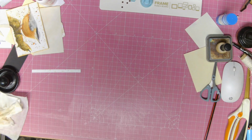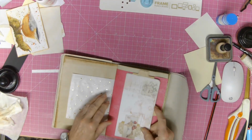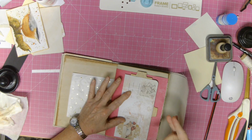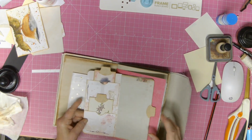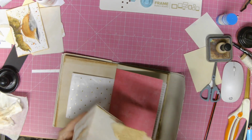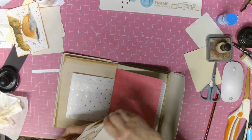So while we're just waiting for that gold to dry, I have made a decision on the folio that we made. Remember? I said I couldn't decide whether I was going to glue it in or pin it in. Well, it turns out that it's quite heavy, as we knew it would be, and the paper clips just aren't cutting it to keep it in there. So